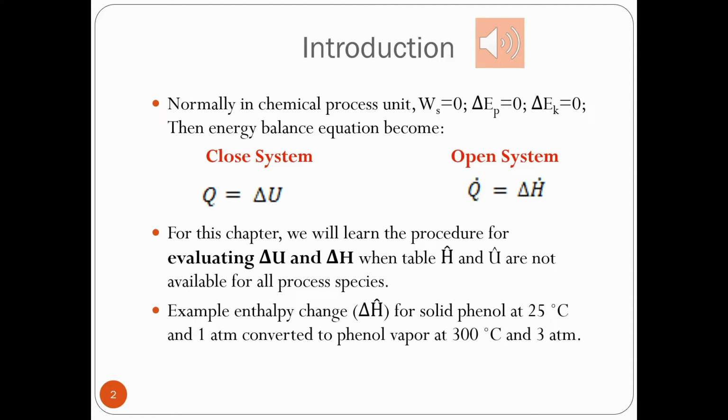This is where the system has no moving parts, or no energy is transferred by electricity, or the system is stationary. So we can assume that our shaft work is zero, and we can even neglect the potential energy and the kinetic energy as they are going to be zero. Then the energy balance equation would become only between the heat and the change of internal energy for the closed system. As for the open system, it is between the rate of heat and also the rate of